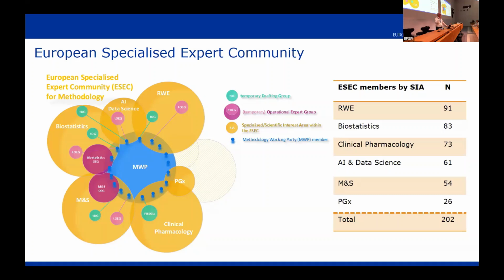And also, to be clear here, to preserve the strength that we had in terms of having a very strong regulatory statistical community. So that's now the special interest area of biostatistics, and Elina already mentioned it. We have some leadership of that community also here, Benjamin, Florian, Elina, Andreas, and they are also overlapping with the position in the Methodology Working Party. So you see that 23 sounds small, 200 is of a different magnitude. So we are really getting a large community together.